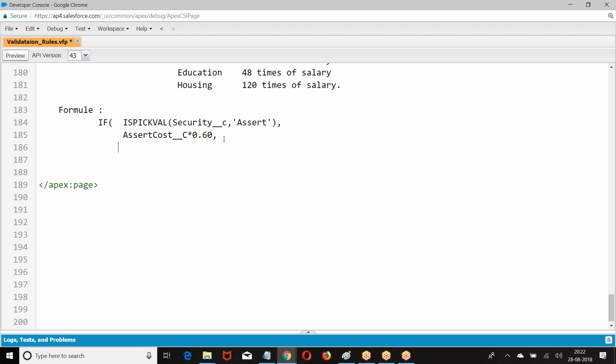If it is not asset, there are two possibilities. One is salary, other one is none. If it is asset, okay. If it is not asset, salary or none.